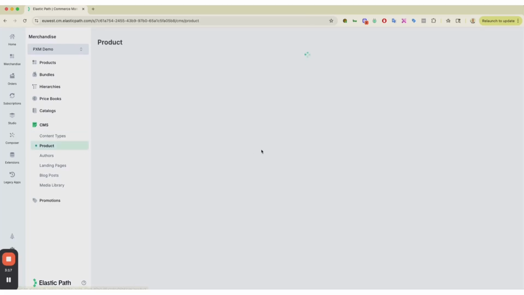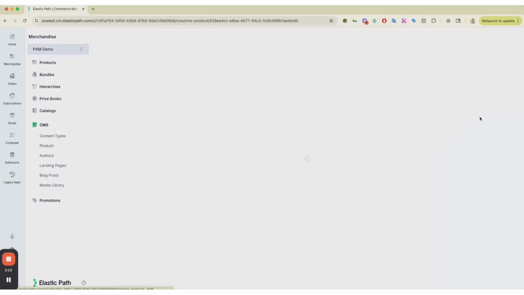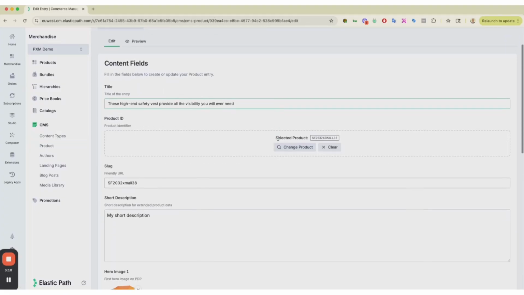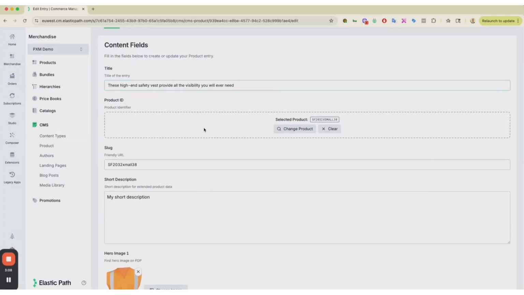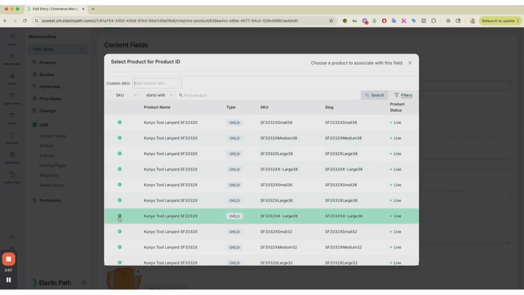If I navigate into product, we'll see that there's already a product that's been set up here. If I click on edit, you'll see here at the top of the screen we have the ability to link the entry to a product. I can change my product. If I don't want to use that product any longer, I can go into my SKU selector, scroll through, add in a new product,